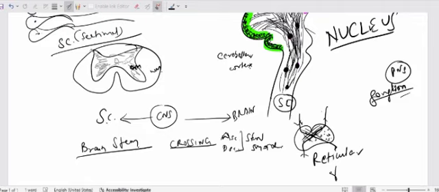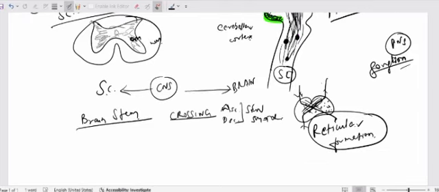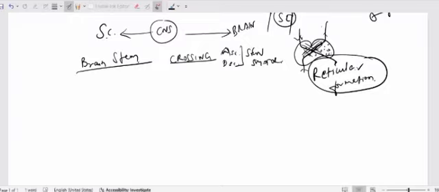Reticular formation. You would have heard the name of the word, reticular formation. So now reticular formation you could understand at the level of brainstem when they decussate each other,